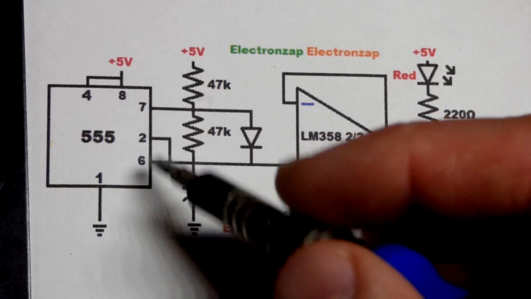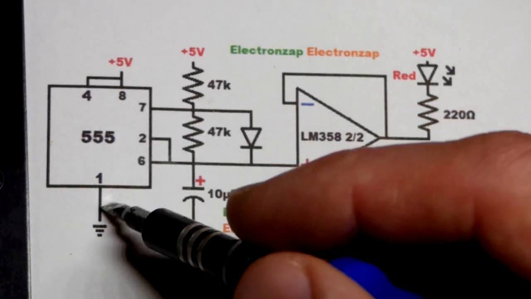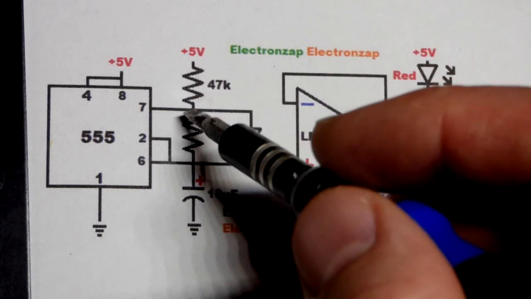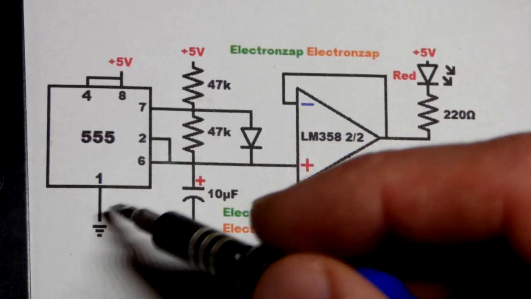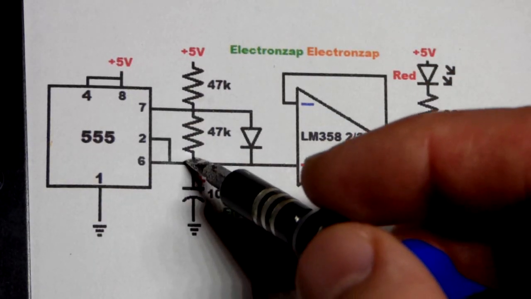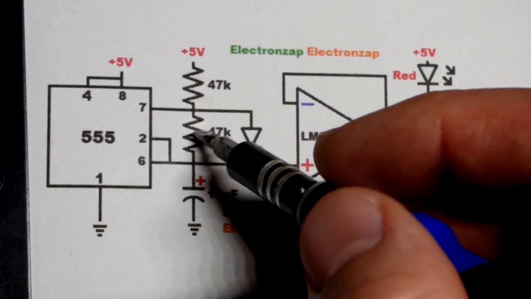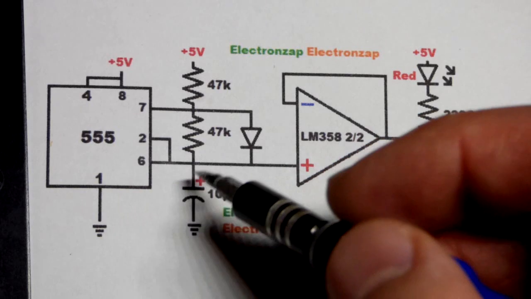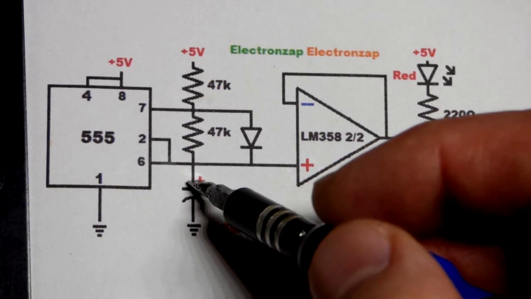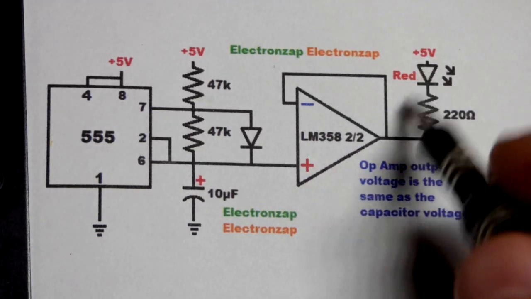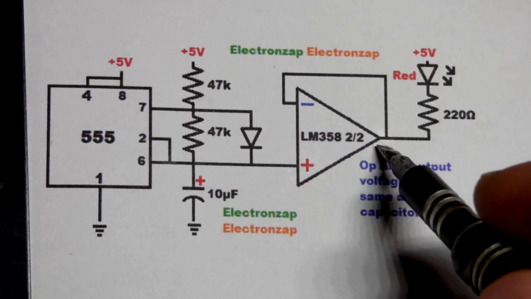Then pin 7 is going to drop to ground. And it's basically a switch. Connect to ground, and whatever current goes through this or that resistor just goes down to ground. Doesn't affect the timing at all. Then the capacitor discharges through that resistor, which is the same value right there, and keeps discharging till it gets to 1/3 supply voltage. So as it gets closer to 1/3 supply voltage, the output here of the op amp